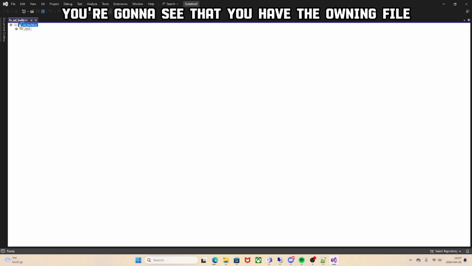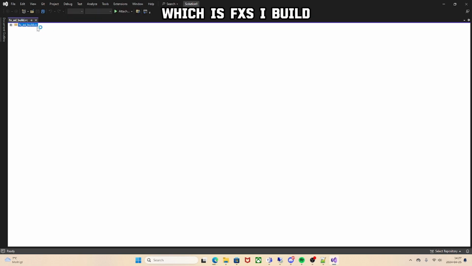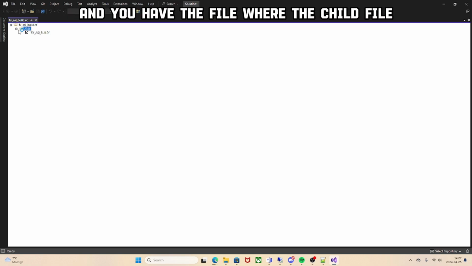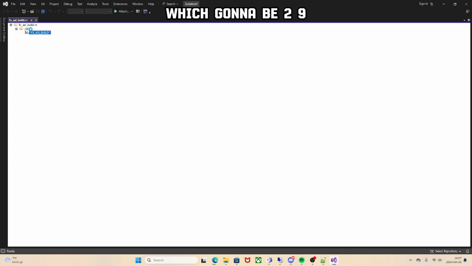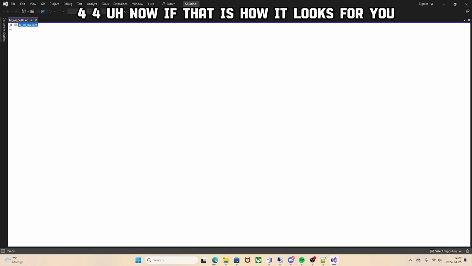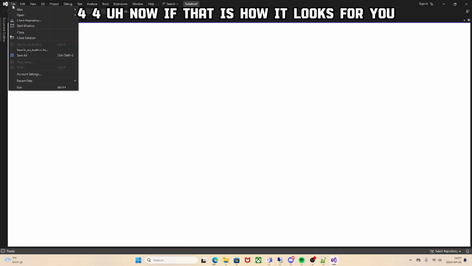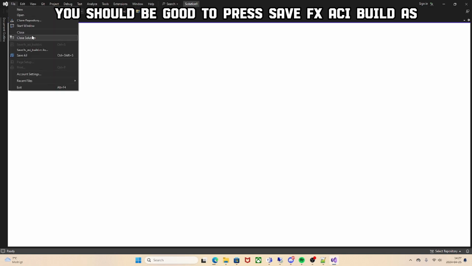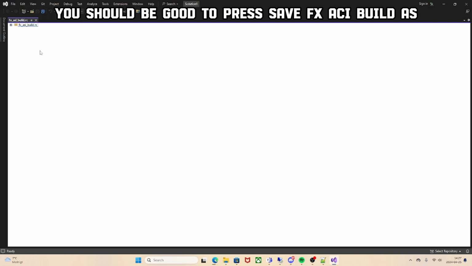Now once it's open, you're gonna see that you have the owning file, which is fx_asi_build, and you have the child file, which is gonna be 2944. Now if that is how it looks for you, you should be good to press Save fx_asi_build as,